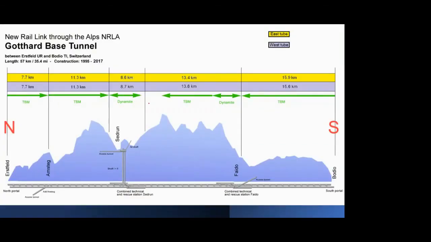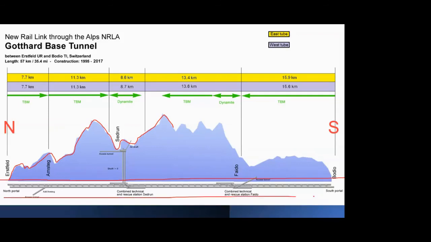Okay, and again, this is the diagrammatic cross section that I've tried to show. Whatever ups and downs you see, those are the actual heights of the mountains through which the tunnel is going. And as I told you, it's a base tunnel, so the tunnel is at the extreme bottom of your mountain range. You see, they have also given the type of excavation that they used for excavating this tunnel.